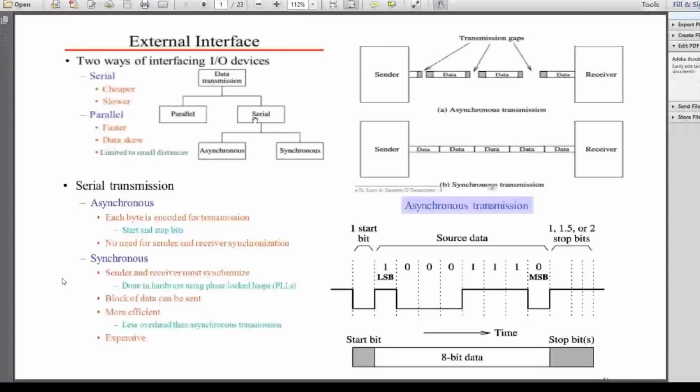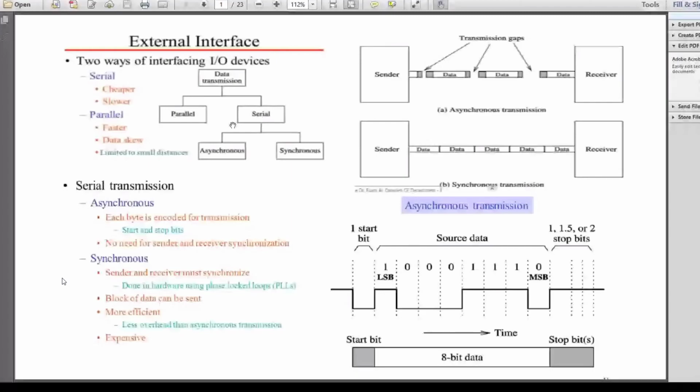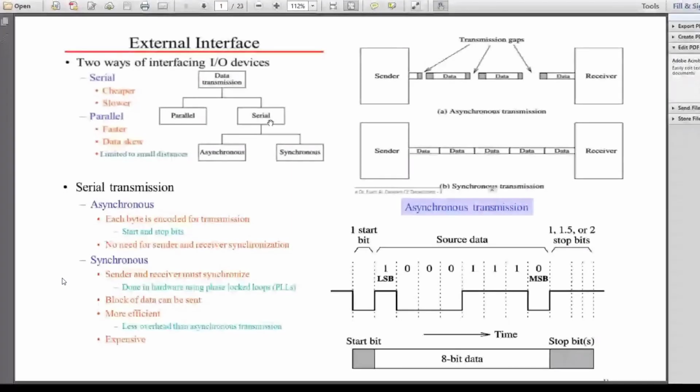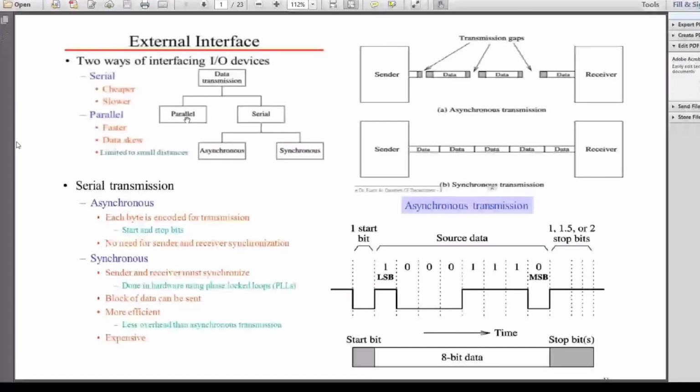Serial communication also reduces the cost of communication. How? Cost means the hardware, the lines connecting the input and output devices. They are few, only one line may be enough to transfer from input to output. Whereas for parallel 8-bit data, all 8 lines are required between the input and output device to transfer the 8-bit data. So serial is cheaper and it is slower.